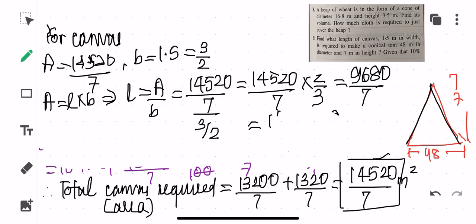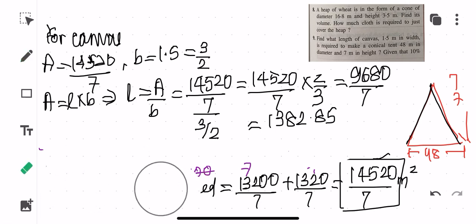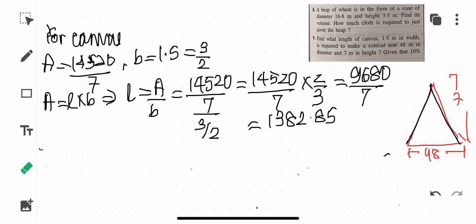As of now, when we are calculating, this is going to be 1382.67. So I'll calculate once taking 3.85, sorry children, 1382.85. This is what we are getting. Now if we calculate using 3.14, children, please have a look whether you are getting the same answer or not, because this is the only method of doing this particular sum. Even if the answer differs by only 10 to 12 units, it is understood that the difference is only in the value of pi.